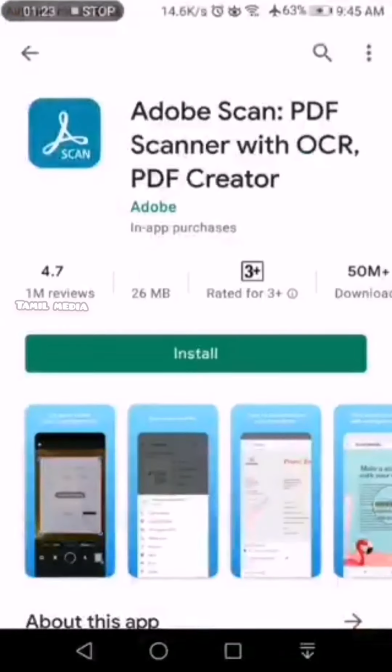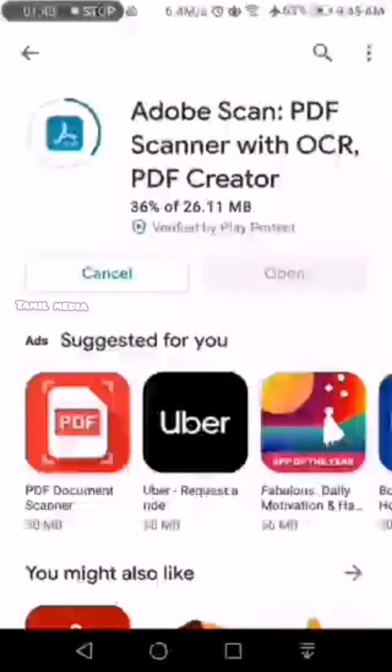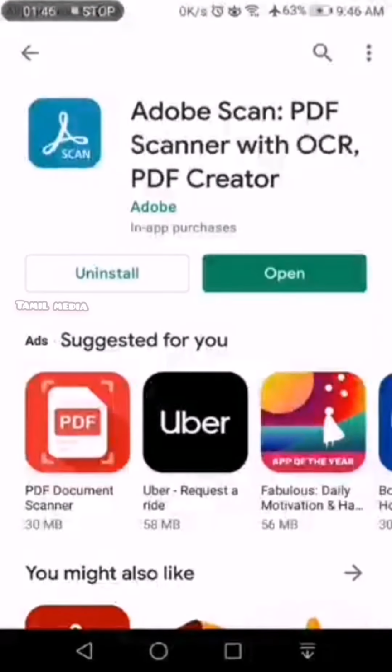Okay, click on it and this is the application. Now click install. It is being installed. Okay, now click open.